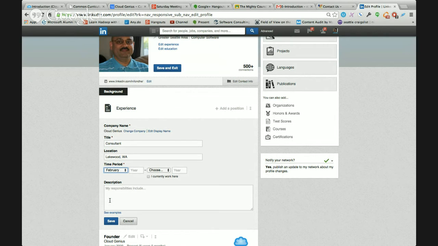And one more thing, you want to go to the other side here, and in this section, notify your network. You want to make sure while you're experimenting with it and you're making some changes that you're not sure what the right course of action is, you want to hide this and say, do not publish my changes.